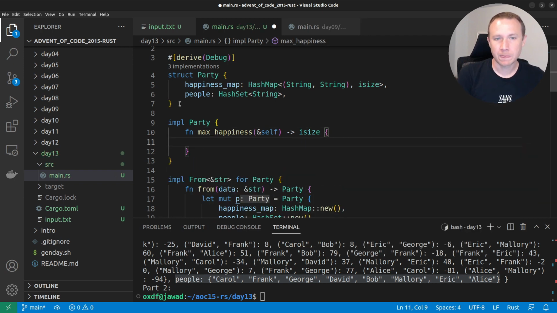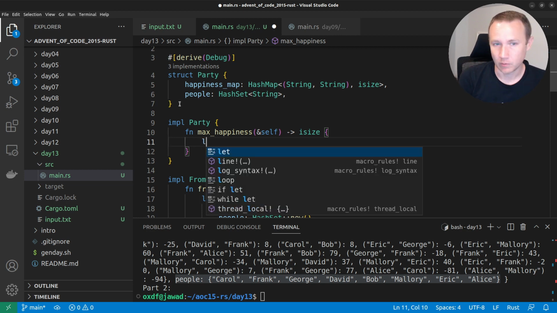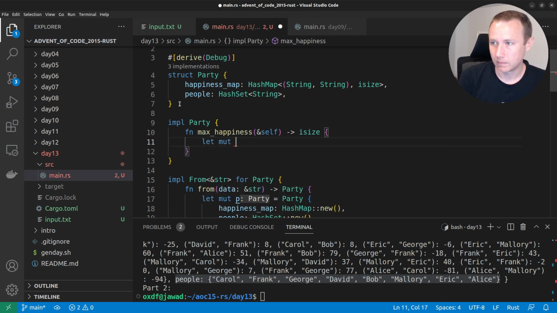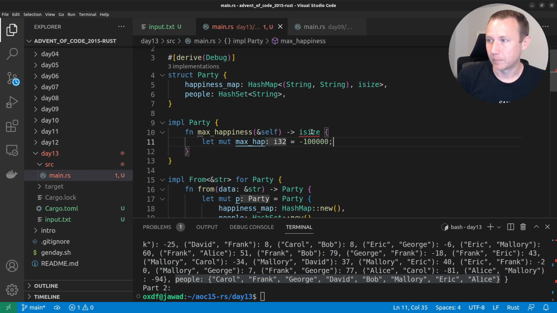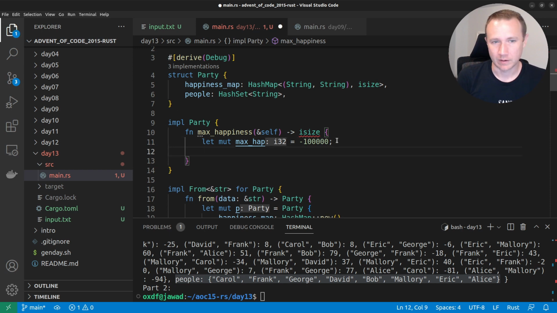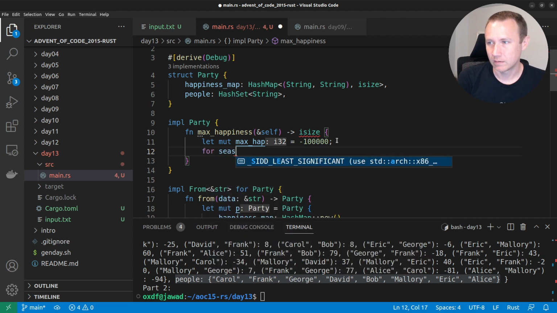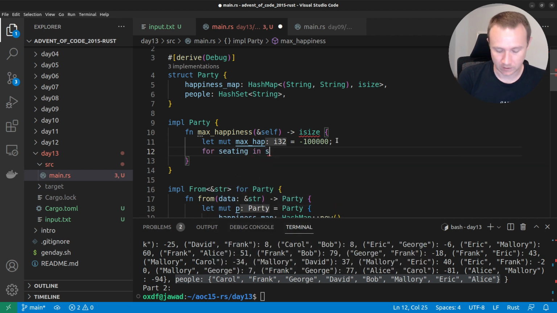That's just like that. And so we'll start off with creating a let mut max_hap equals, and we want to start with something incredibly low. We can start with 0, but it's possible that the maximum happiness is negative. It seems unlikely, but we'll come up with something kind of big like that. We'll just say looks like that. And if we get that back as our value, we'll want to go back and reevaluate because it means probably something's wrong. So now we can say for seating in